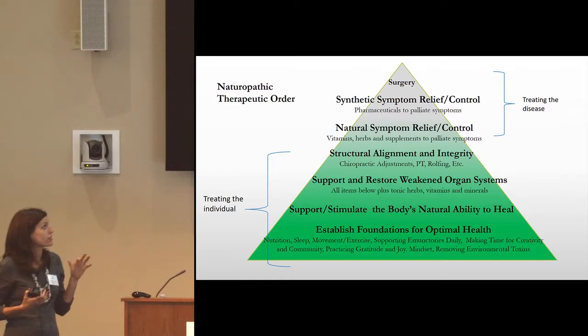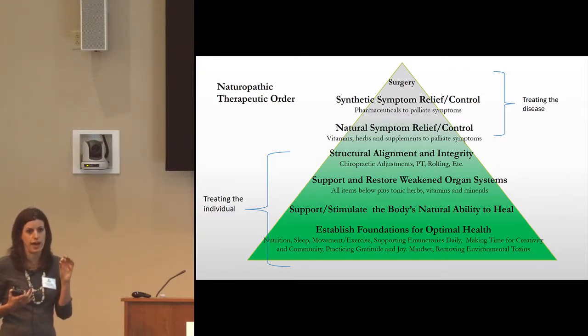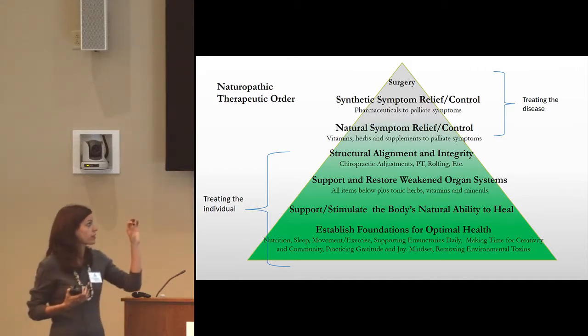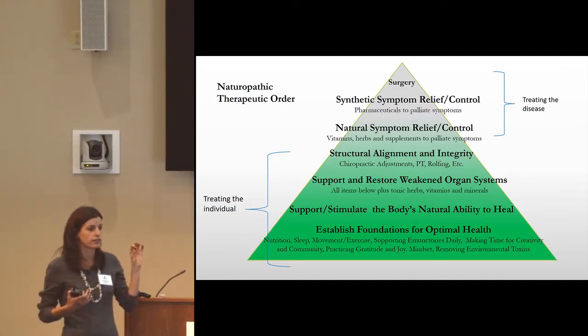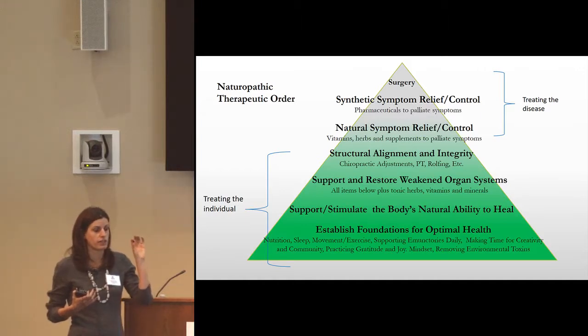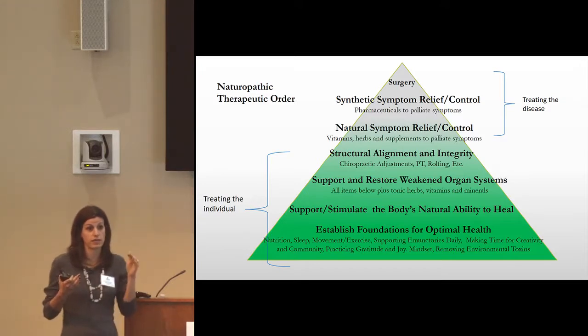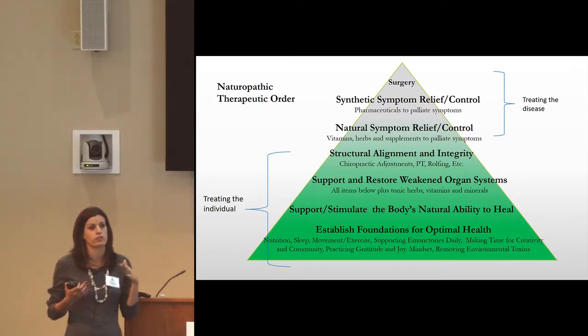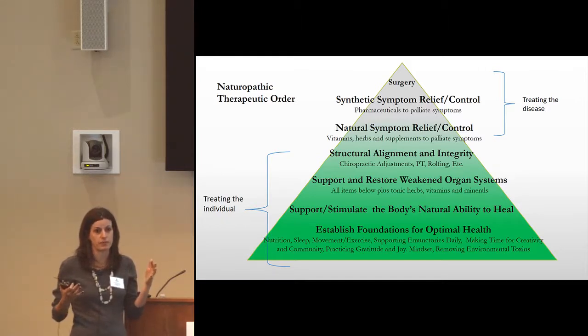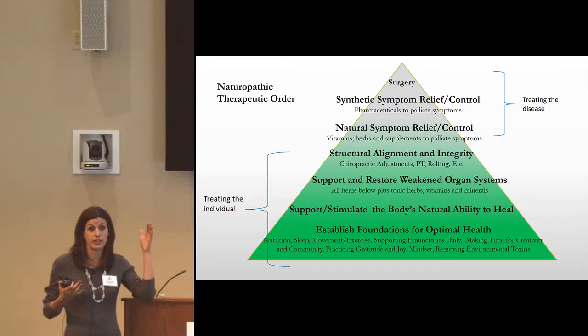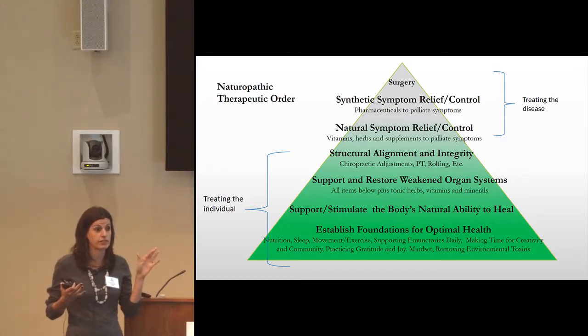So when I treat with these bottom four levels, I tend to find at least two of three things happening. The first thing that I find is that as we work on these bottom four levels, often the need for intervention on those top three levels can be much smaller. And sometimes we don't need to intervene with surgery or pharmaceuticals or specific natural therapies to get rid of symptoms. So we can alleviate the need to treat up there. So that's one of the reasons.